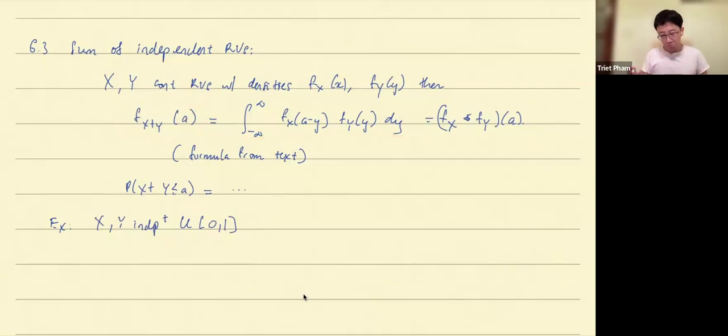I like the approach better because it can show you what the thinking process is, and you can detect if there's any error that you commit in between. For example, the probability that X plus Y is less than or equal to a, and then you look at, if X, Y are uniforms on 0 to 1,